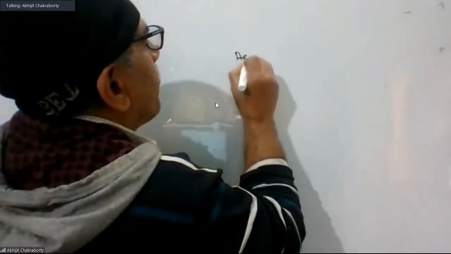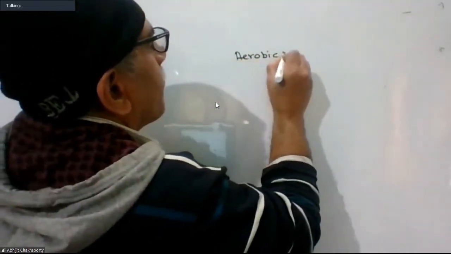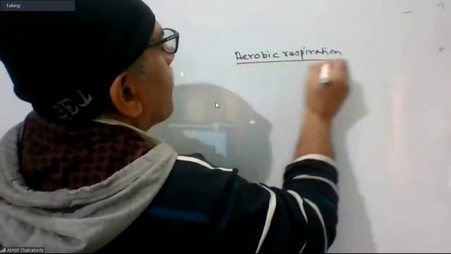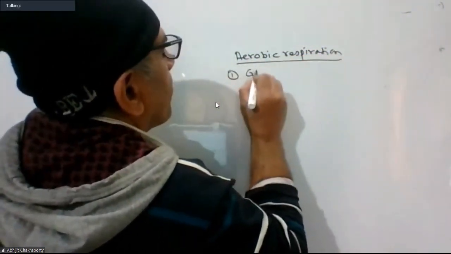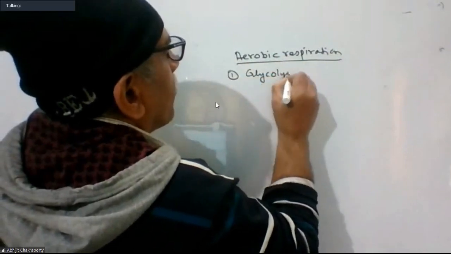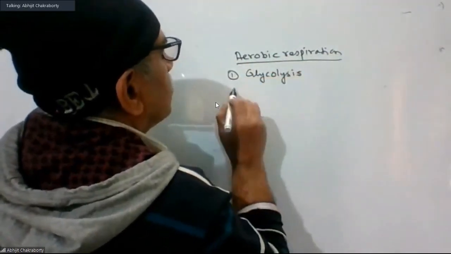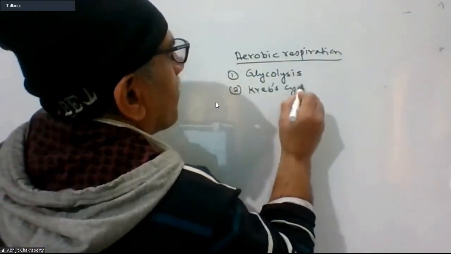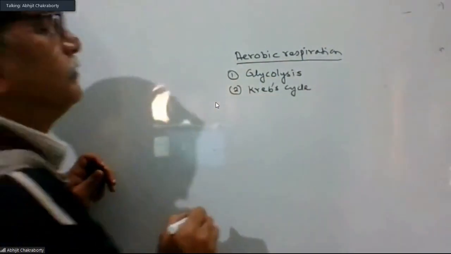The phases of respiration: glycolysis, Krebs cycle,